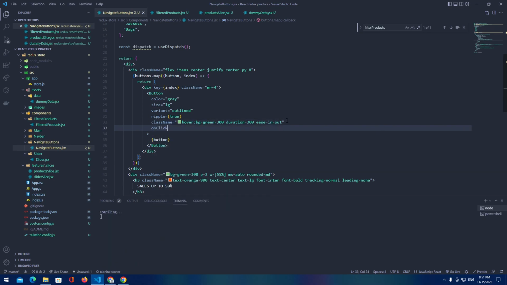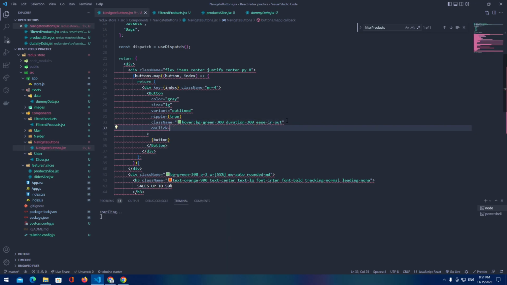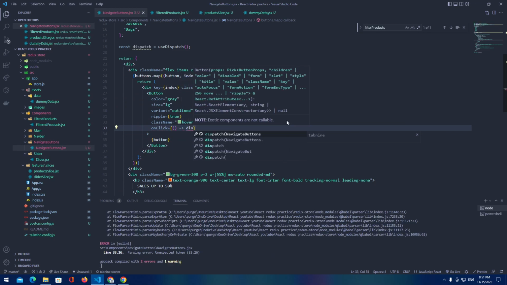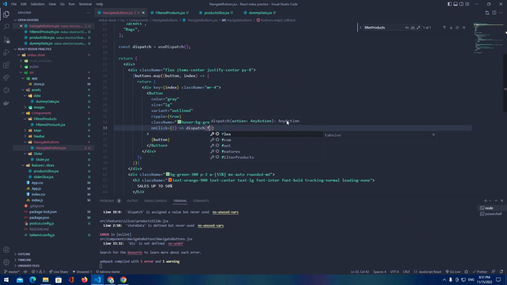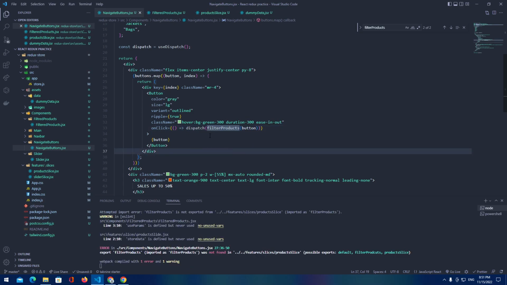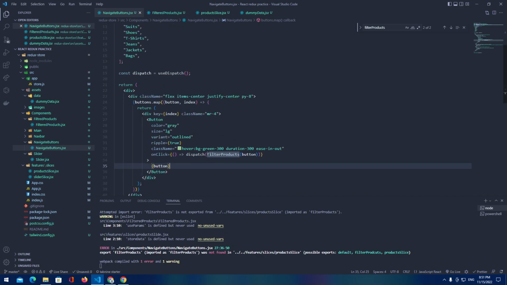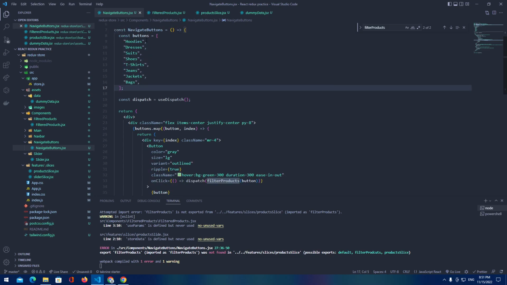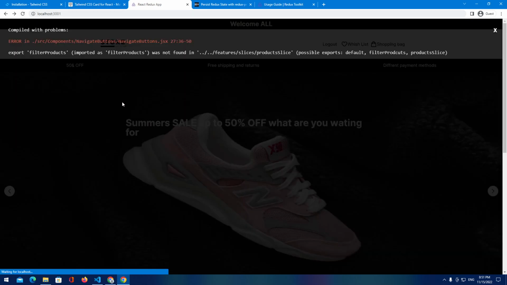So on click, inside that on click we're going to have a function that's returning us that dispatch, triggering dispatch and providing an action, filtered products, and filtered products is going to accept the button. So what is this going to do? Our filtered product section is going to accept the button, and what are the buttons? They are like here. So if we click on hoodies, so okay,